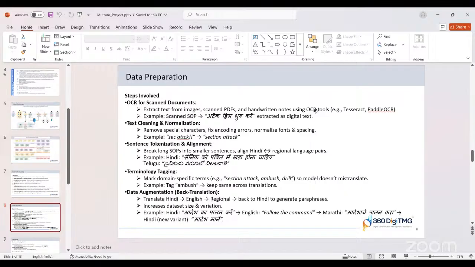But here we use sentence, because our context is translating SOPs, so it's to understand the overall content. And we have also done some augmentation.